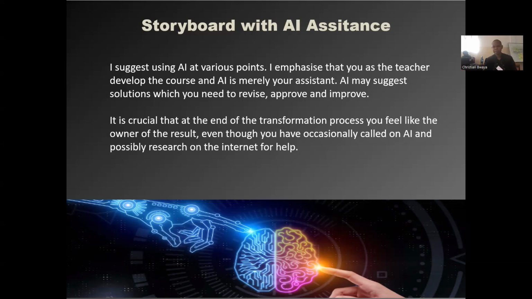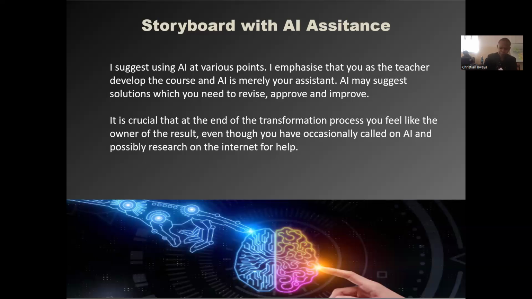And I emphasize that if you develop a course and you use artificial intelligence, look at it as your assistant. I mean, you are deciding what kind of course you want to create.